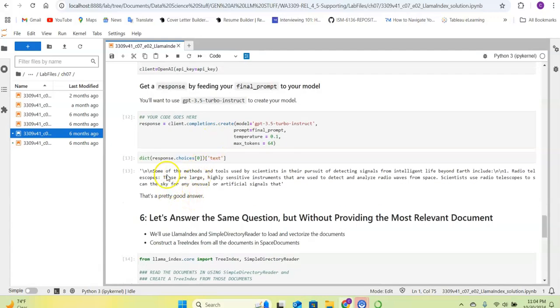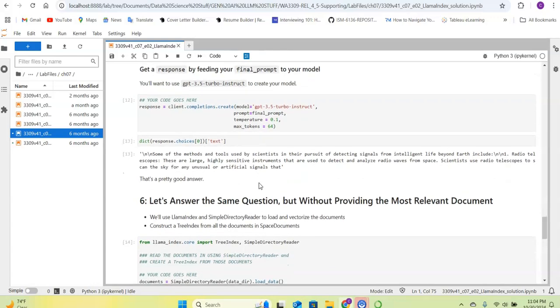Okay, so let us see what the answer is telling. It says some of the methods and tools used by scientists in their pursuit of detecting signals from intelligent life beyond Earth include radio telescopes, which are large, highly sensitive instruments that are used to detect and analyze radio waves from space. Scientists use radio telescopes to scan the sky for any unusual or artificial signals. So this is your answer. Of course, this is a pretty good answer,